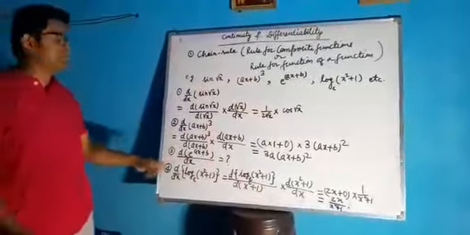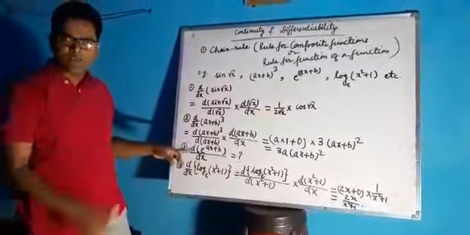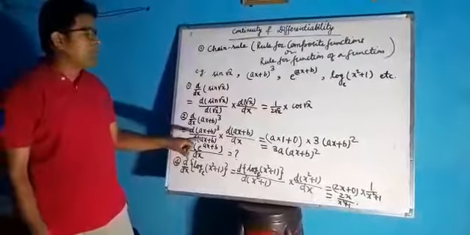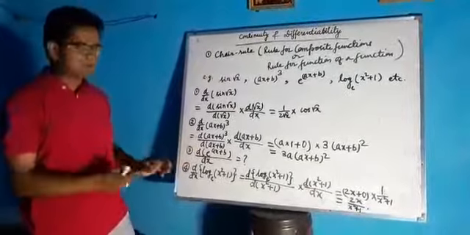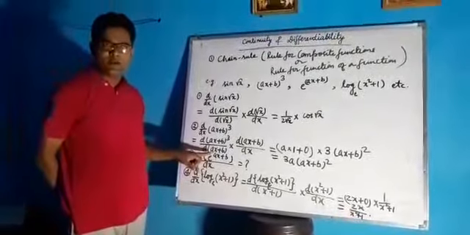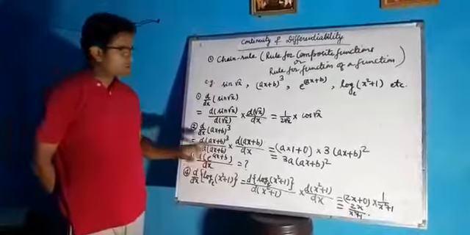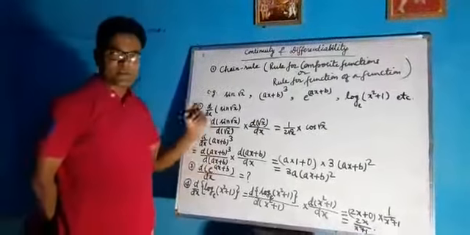Now you can find the result of this third one also. So third one's result I am telling you, you just match with your answer. Derivative of e to the power ax plus b with respect to ax plus b, and the derivative of ax plus b with respect to x. So derivative of ax plus b will be a into derivative of x, which is 1, plus 0. So it should be a into e to the power ax plus b. You can match your answer now.